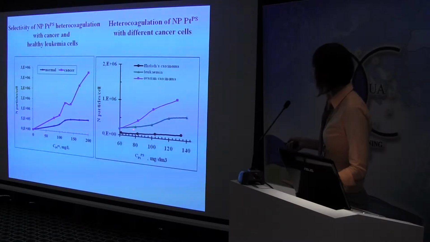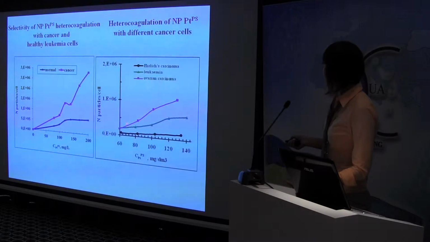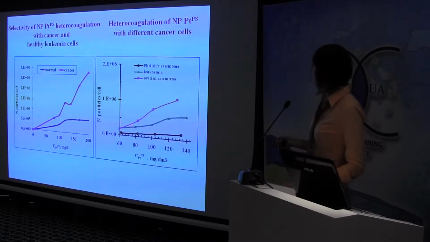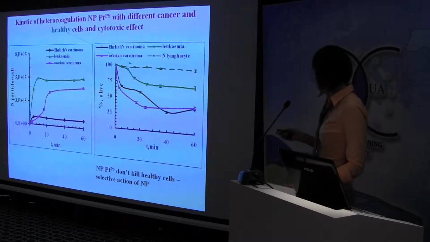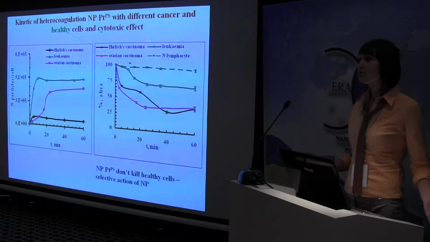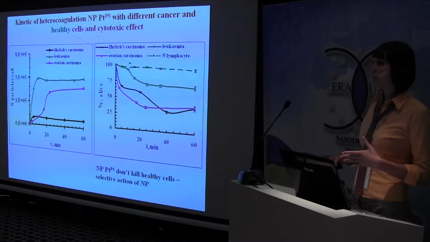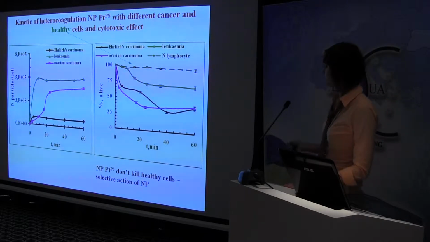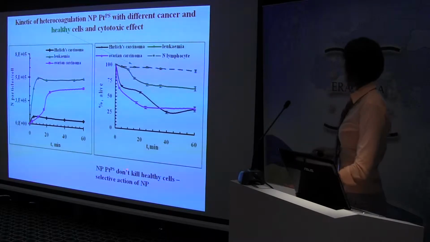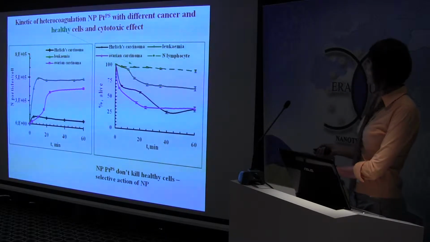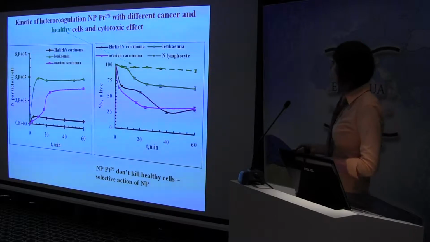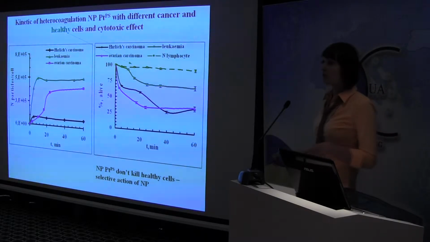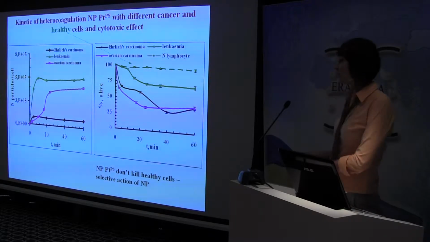With the blood cancer cells, heterocoagulation is slower, but its kinetics is faster. It may be due to a difference in the transport of nanoparticles into the cells. In the next graph, we may see that for the first 20 minutes of contact with nanoparticles coated by polysaccharides,